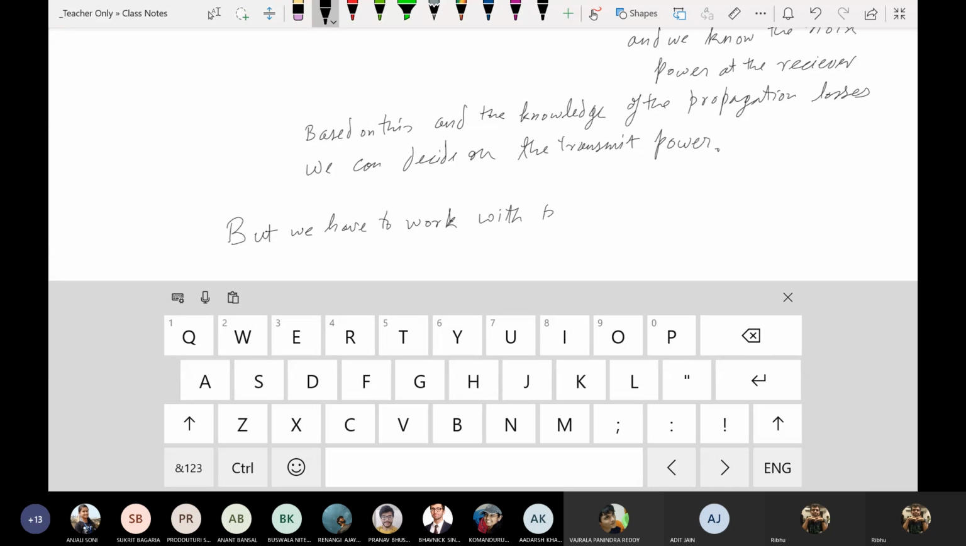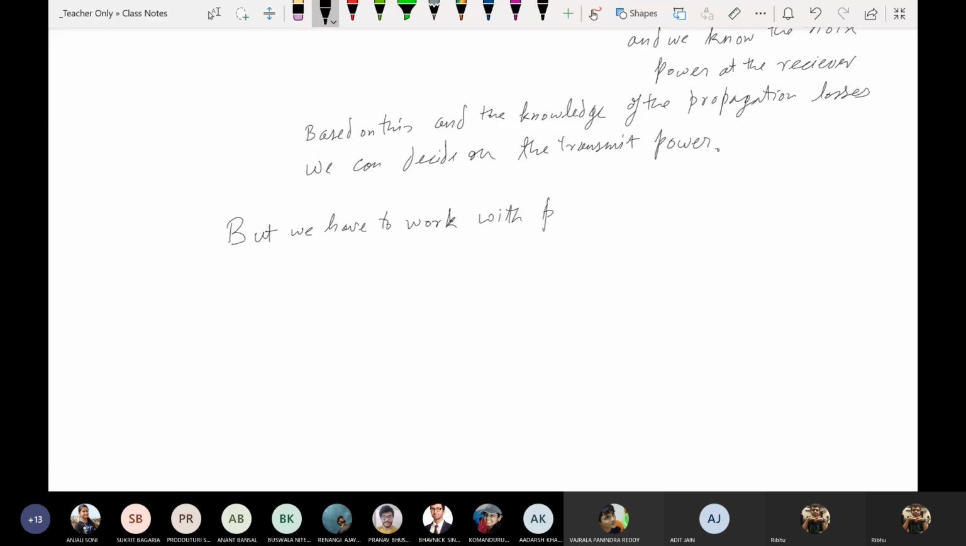Anyway, but we have to work with practical power. So have you come across this term, power amplifier? Good. Is it the same as a normal amplifier or is it different? No, power amplifiers are a totally different beast. Oh, not yet, then you possibly won't come across this thing. So power amplifier,